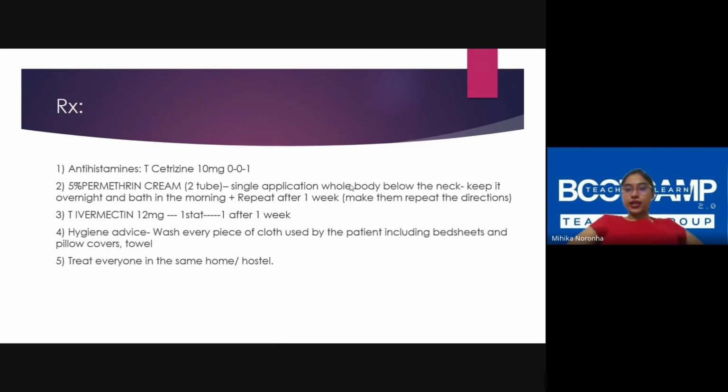Yes. So some people are saying gamma benzene benzoate is available. Is that fine? Is it important to procure permethrin? I find it's important to procure permethrin because you can apply permethrin from the age of 2 months. Gamma benzene benzoate, because of its high absorption, when you give it in children, you can precipitate a seizure. So permethrin is better. Second, a single application of permethrin is usually enough.